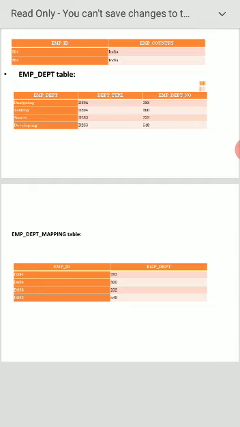There is no common decomposition. But in the case of BCNF, we will decompose the table into subtables. While decomposing the table, you have to concentrate on the super key.